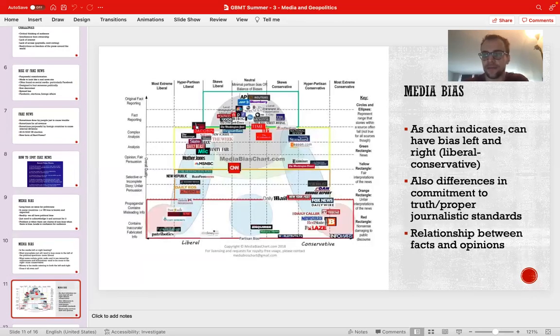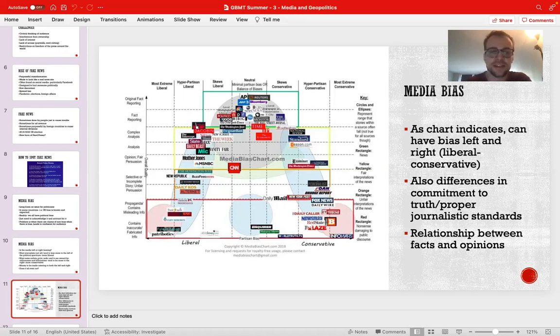Okay, onto the media map. This chart is very interesting because it provides a broad ideological mapping of news sources available online. We can see here that the various ideological right-wing news sites are less devoted to factual truth. So we can see here, at the bottom right, we see Breitbart, Daily Wire, the Blaze, etc. So this is more extreme conservative and contains lots of inaccurate, fabricated information. The same way we can see at the top, you find more accurate and neutral reporting.